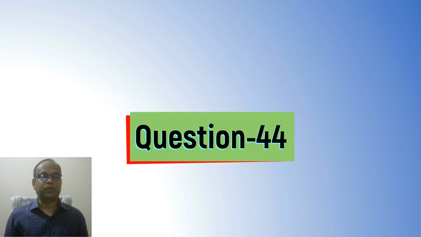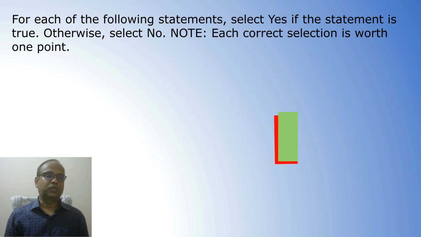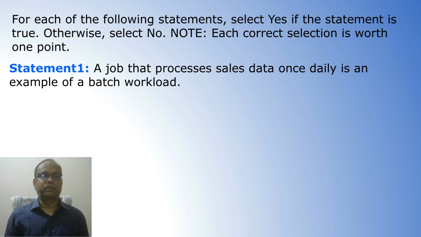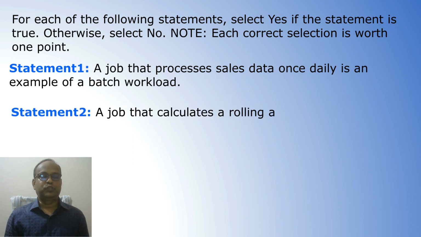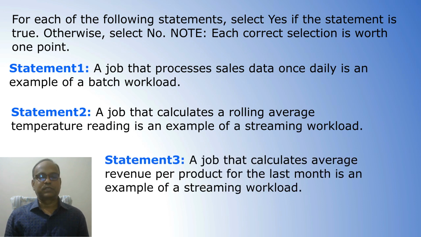Next question, question number 44. For each of the following statements, select yes if the statement is true. Otherwise, select no. Note, each correct selection is worth 1 point. Statement 1. A job that processes sales data once daily is an example of a batch workload. Statement 2. A job that calculates a rolling average temperature reading is an example of a streaming workload. Statement 3. A job that calculates average revenue per product for the last month is an example of a streaming